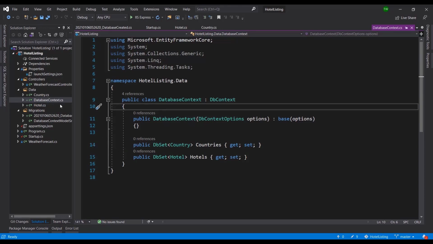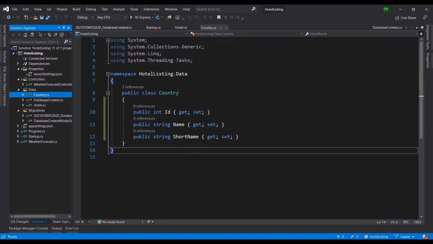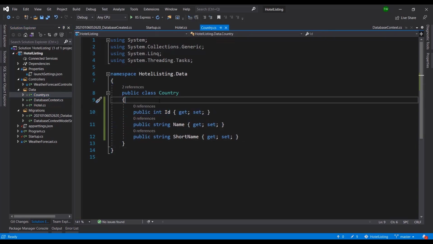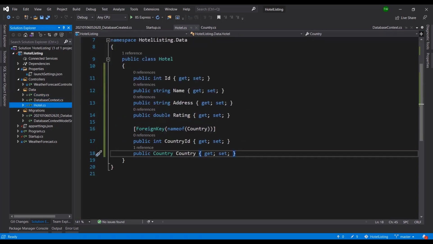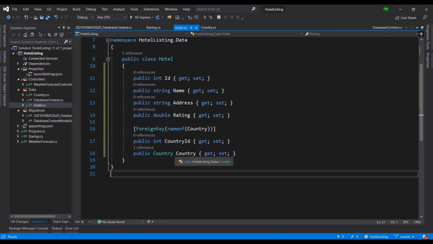Otherwise, if it is not as serious as removing a migration, you just wanted to add or remove something, you go ahead, make your changes to your domain classes accordingly. Then you add migration, update database, and it will take a snapshot once again at each point. So when we come back, we will look at how we can seed data into the tables, meaning when the migration happens, we just put data in before we even get into the API, because it's nice to have test data there before we start putting in data through our